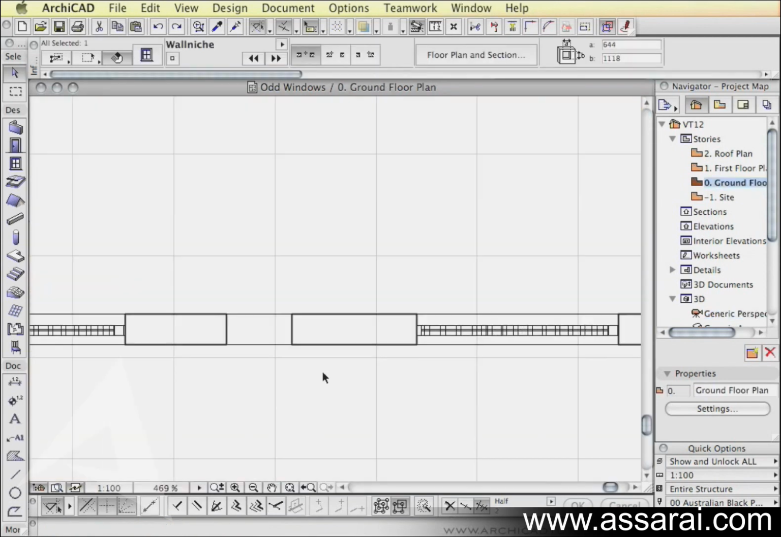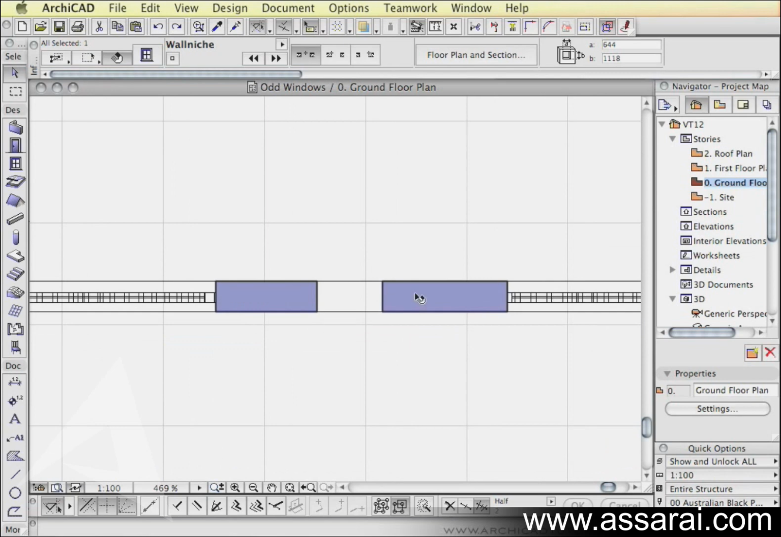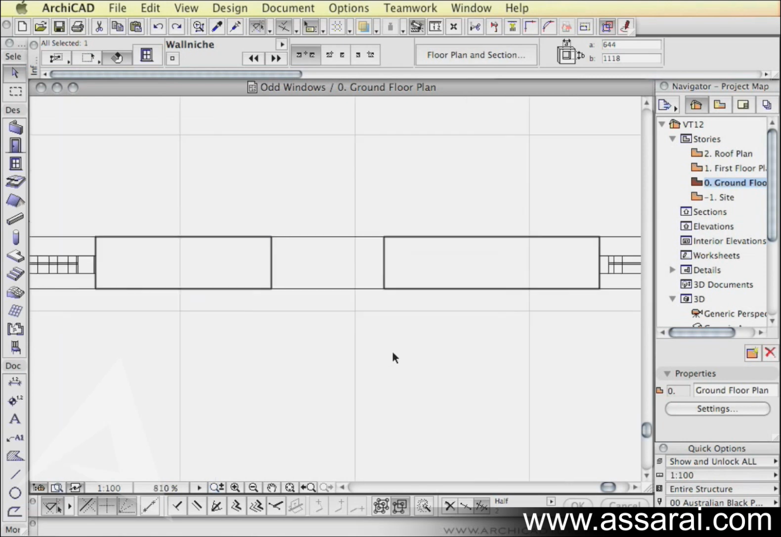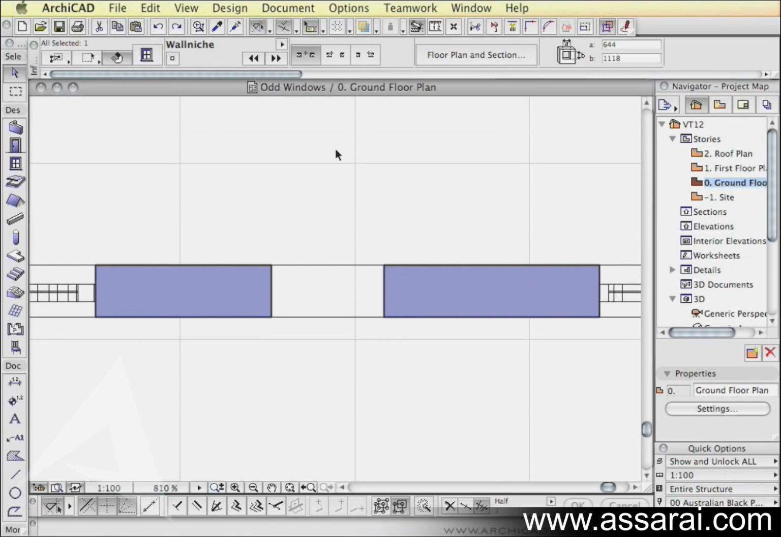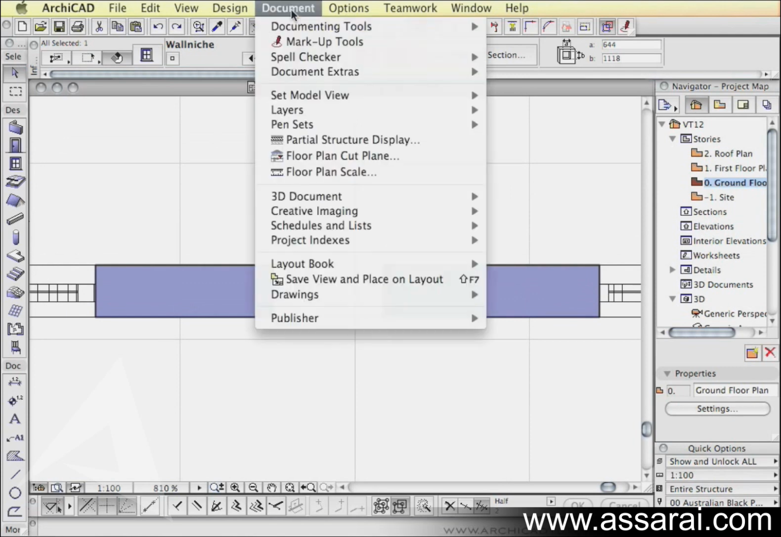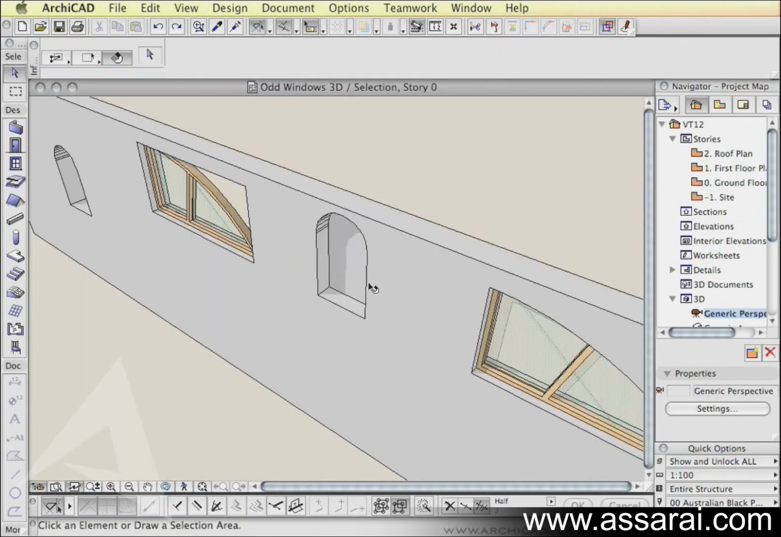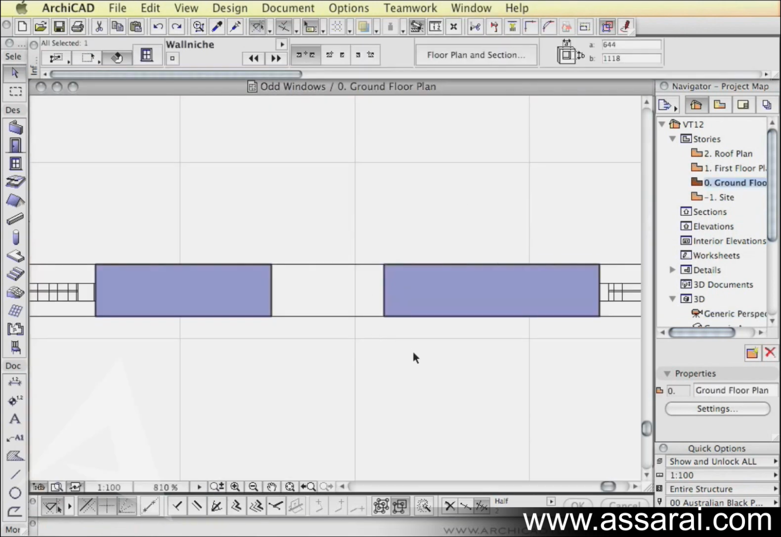You'll be able to see that there's a problem with the way it's graphically represented. It's shown in a symbolic way, so it looks like it's cutting all the way through. And assuming that your floor plan cut plane is cutting through that niche here, you should be able to fix